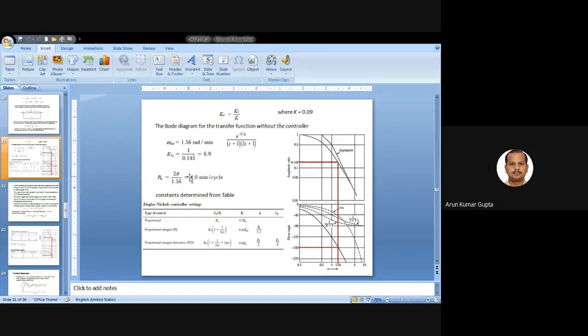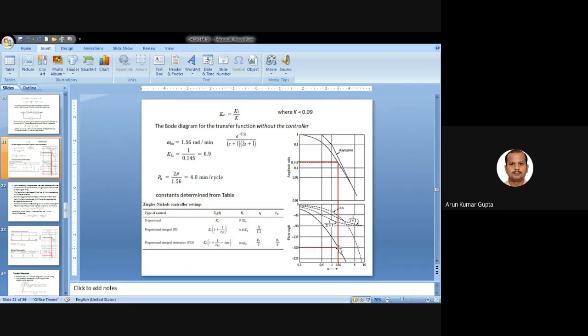Okay, so this is a transfer function. You can plot this as a Bode plot. Now you have to find out the crossover frequency. Crossover frequency means where we have minus 180. So this is the overall plot. If I look at the crossover frequency, this is 1.56. The omega CO value is 1.56 from the graph. I made it a dark red color so you can easily read.